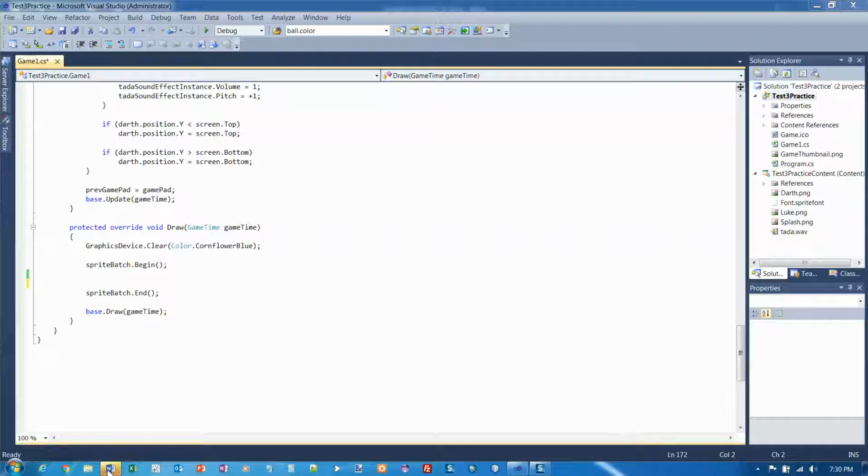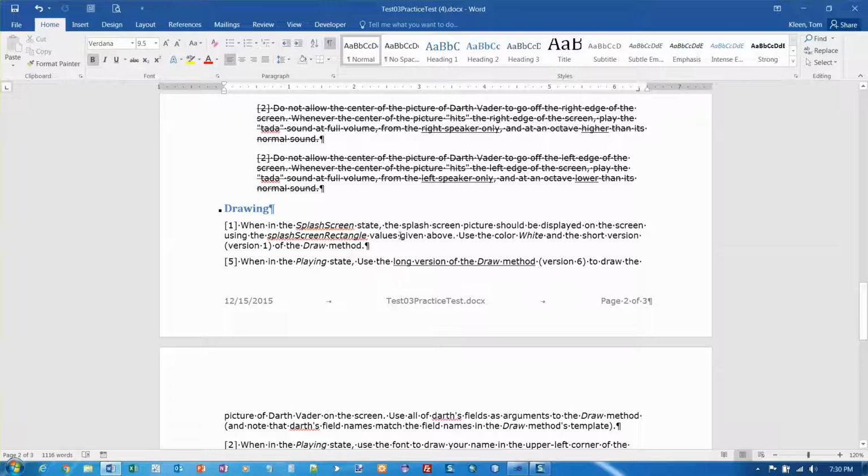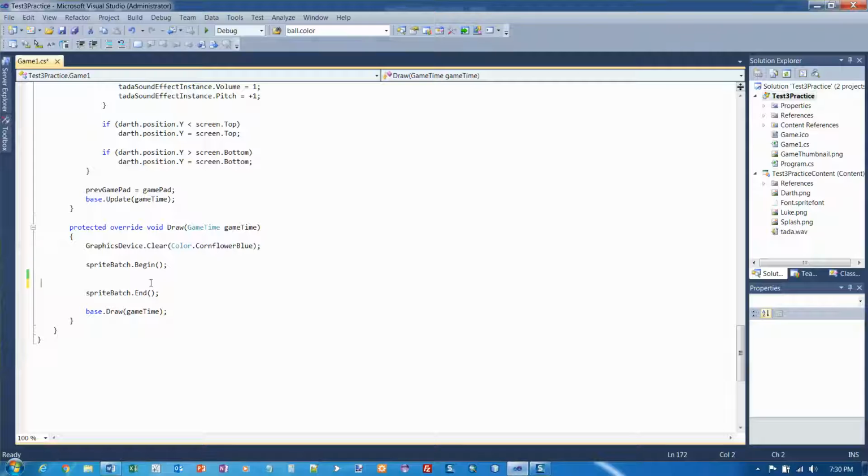Okay, now we're ready to do some drawing. Let's take a look at our Word document over here. We want to draw the splash screen texture when we're in the splash screen state. So, we're talking about drawing now. If game state splash,